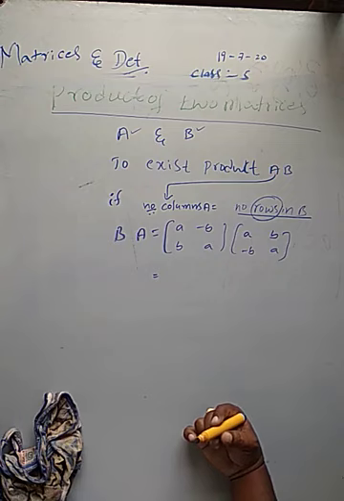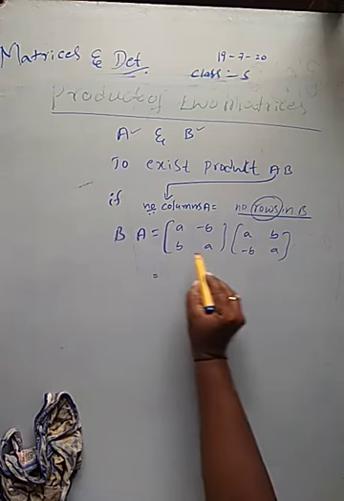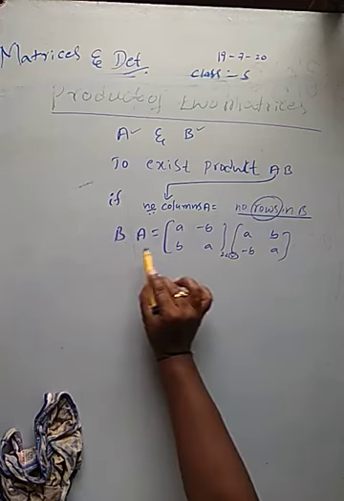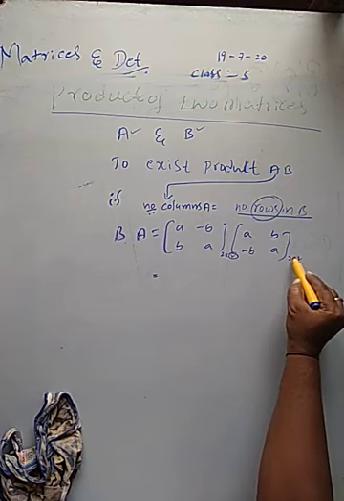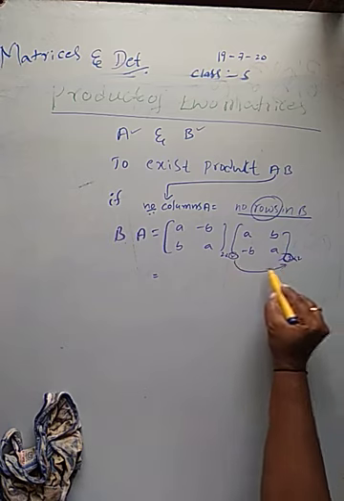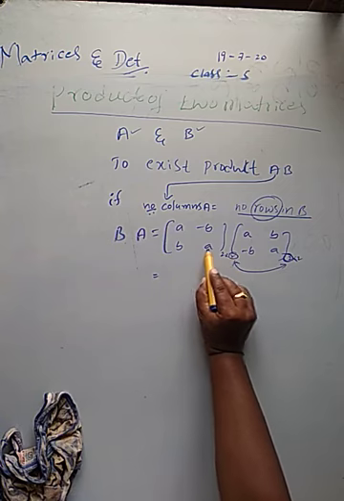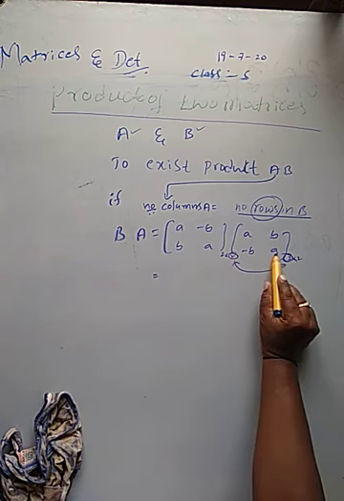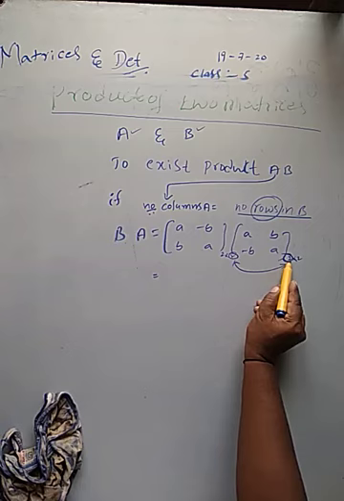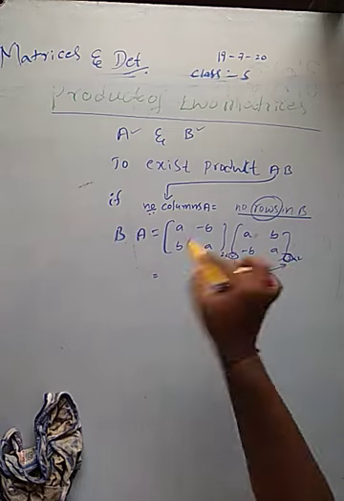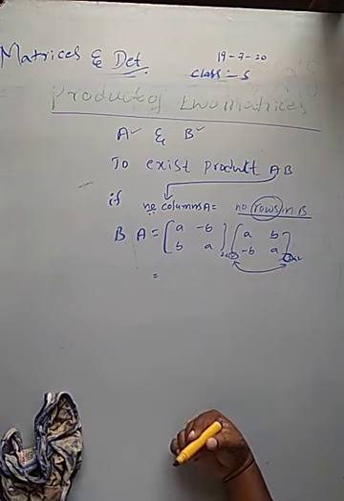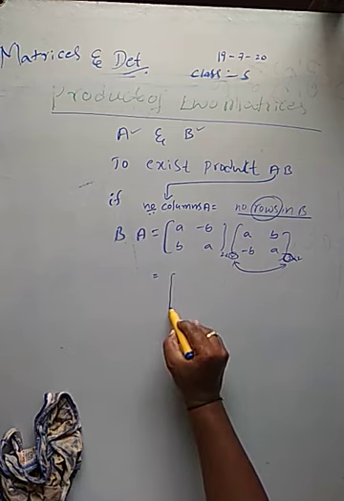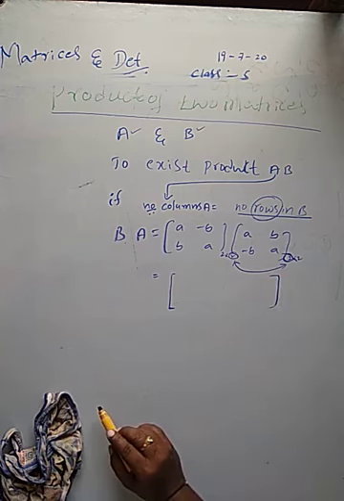Again, please confirm first. What we have to check in these columns and in this matrix's rows? If the number of columns equals the number of rows, then what have we confirmed? The product exists. What product? BA. Then previously what were we finding? AB. Now BA. Yes, same procedure. Once again I will repeat the same procedure.